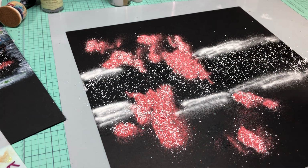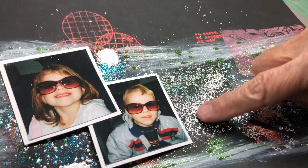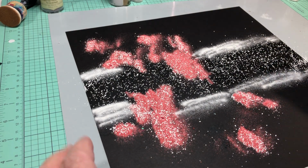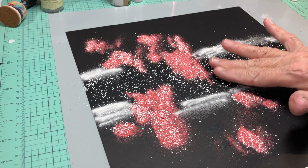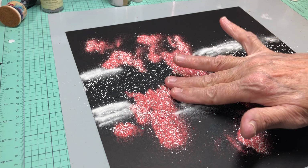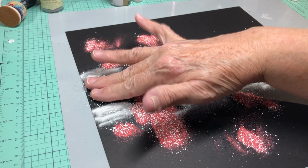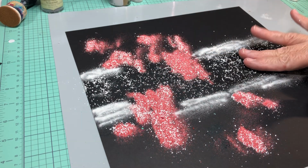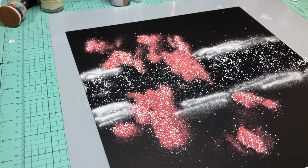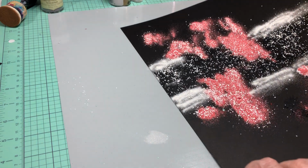Okay, what I like about that glitter are when it comes out dotty. So I'm not going to use any of that other dry stuff on top of it, and I'm going to kind of press that down so that as much as possible stays on that glue. And if by pressing this down, I end up blending some other things in there, I'm kind of going to be okay with that. I'm now going to